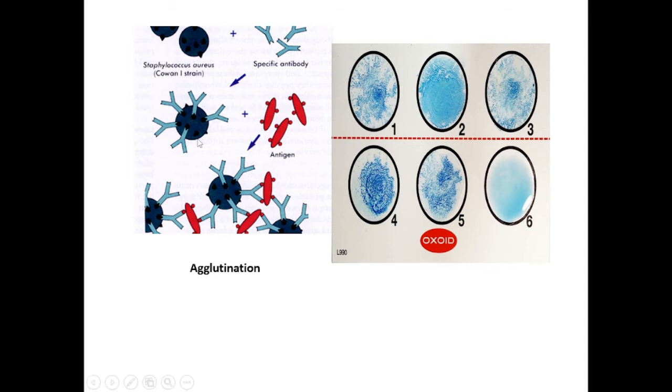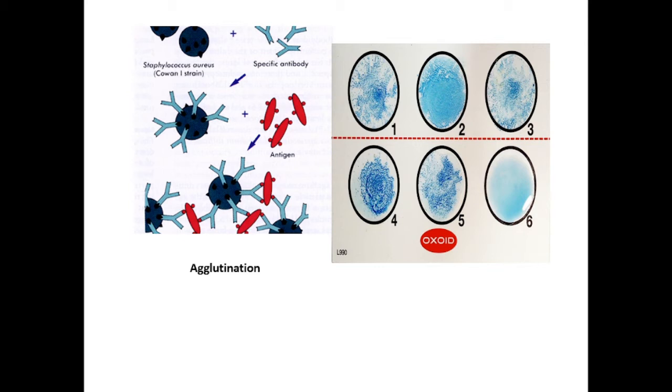Multivalent means they have more than one valency, or more than one site to attach with the antigen. So when this multivalent antibody is combined with a complex antigen or particulate antigen, the antigen will get agglutinated, or they form clumps. For example, the Widal test. The Widal test is used for detecting Salmonella antigens. You will study in your 5th semester what the Widal test is; that you will study in detail. Here an example is the Widal test, used for detecting Salmonella antigens.